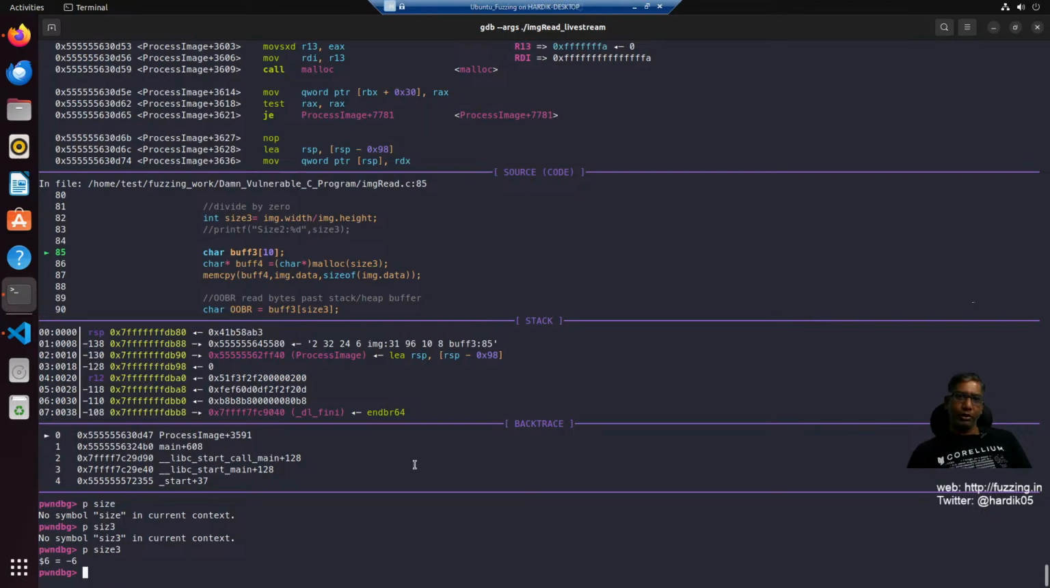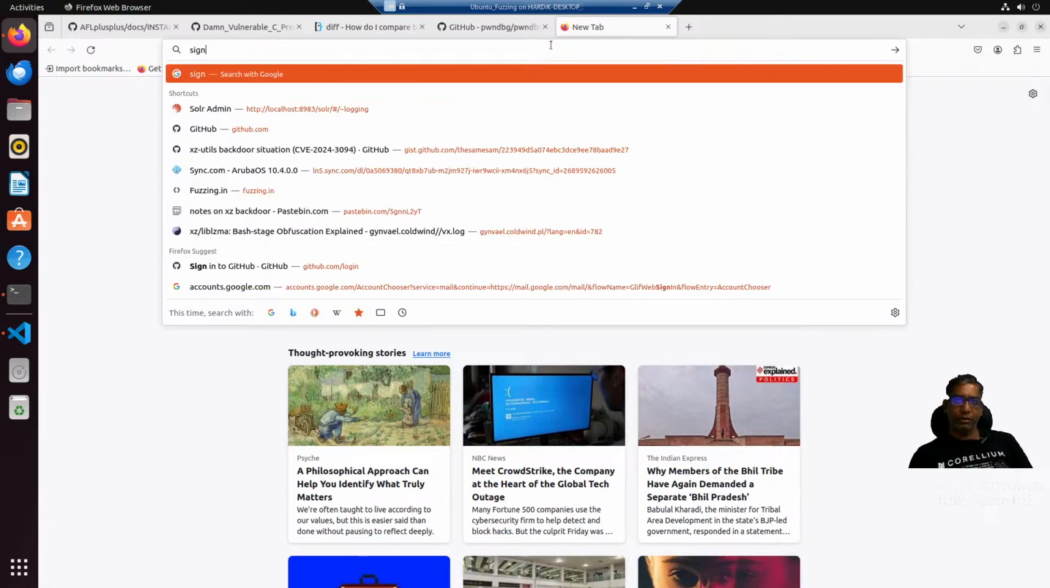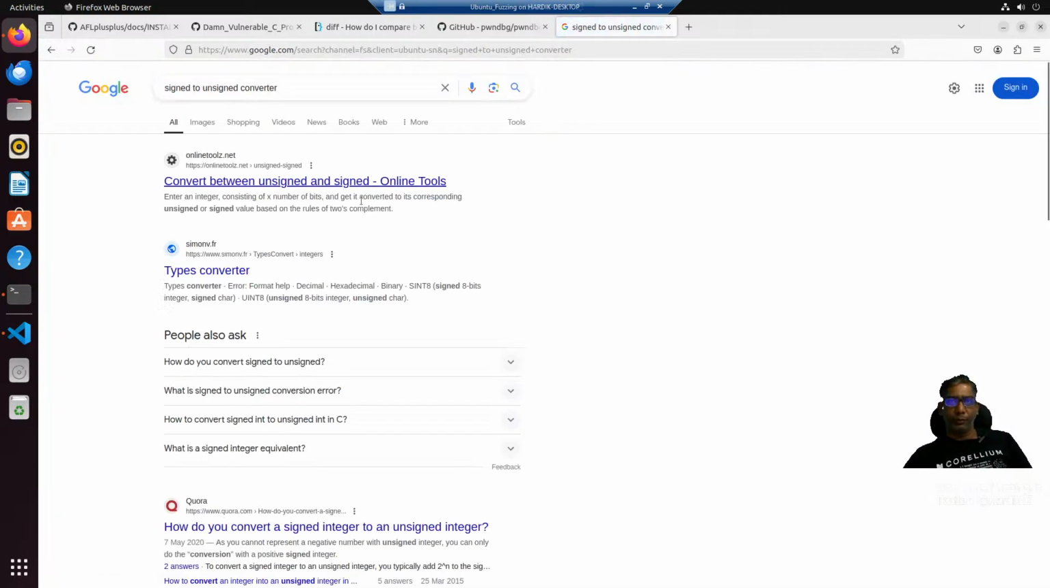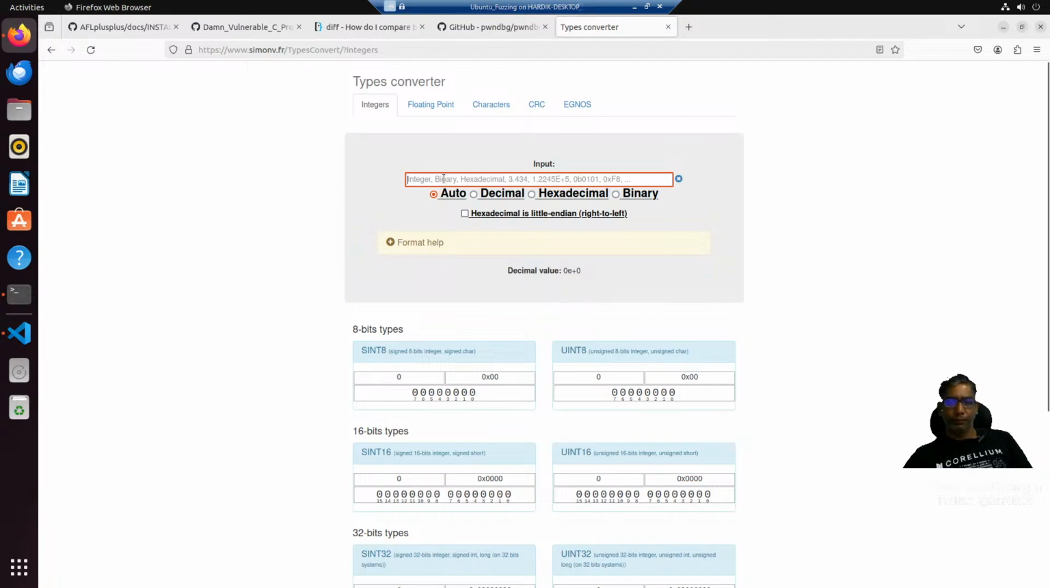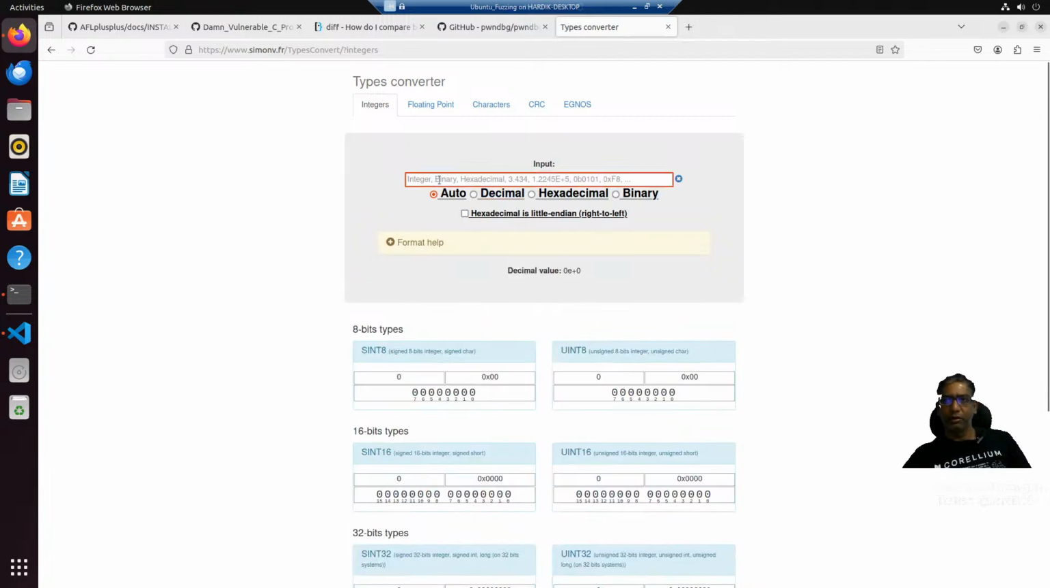So when you pass a negative to malloc, what will happen? It means that malloc actually takes an unsigned int, right? So for signed to unsigned conversion, if we see a converter, yeah. So here if we give -6 and hexadecimal,